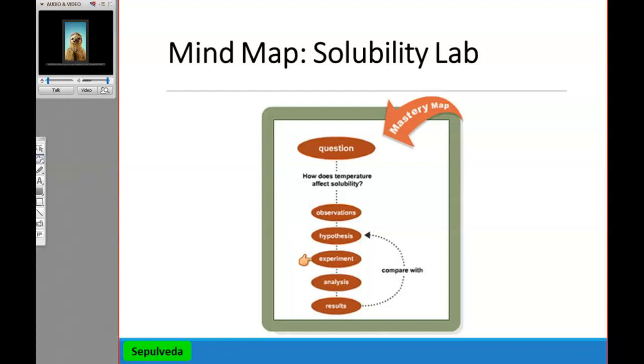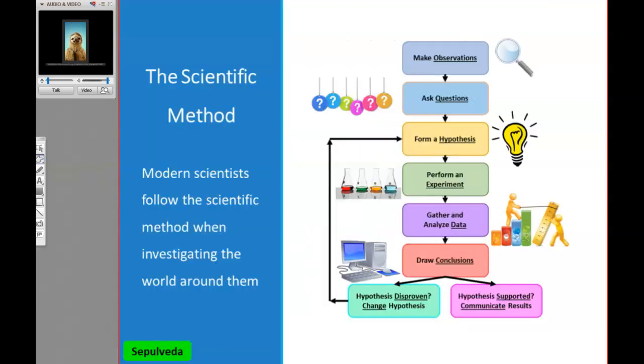We obviously go ahead and do our experiment, and then we analyze our experiment, and then we get our results, whether they are supported or not supported. If they're not supported, then we go back to the hypothesis and give another educated guess. And then we go back through that process of experiment and analyzing, and then we get either supported or non-supported, okay? So the scientific method is extremely important when we are talking about any investigation around the world or